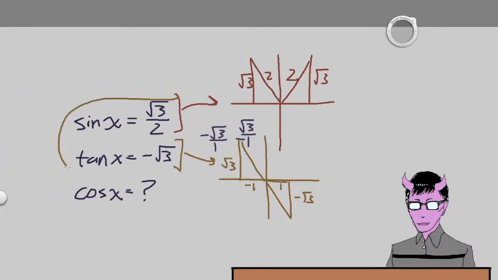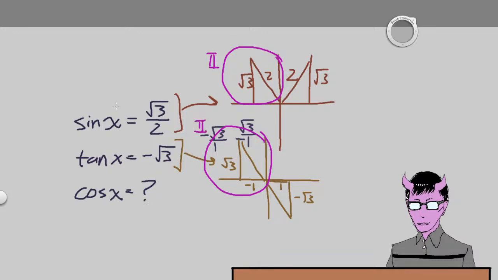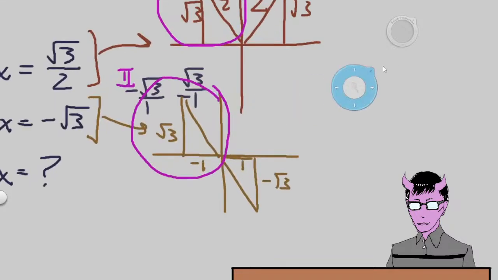And putting those two statements together, we can conclude that the only valid scenario is the triangle that's arising in quadrant 2. That's consistent across both statements. Alright, so what does that mean? Well,